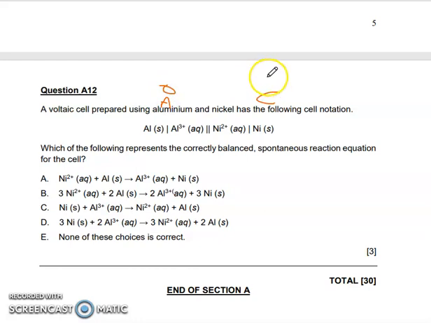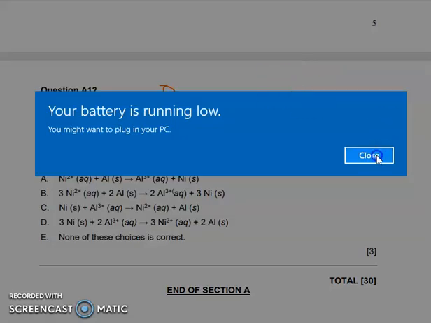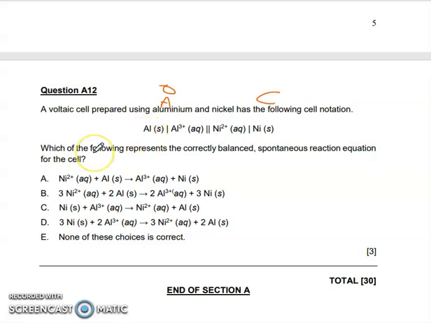And this is where reduction happens. Remember, red cat: reduction happens at the cathode. I use that all the time. Write down the whole reaction. Aluminium is going to become aluminium 3 plus plus 3 electrons, and